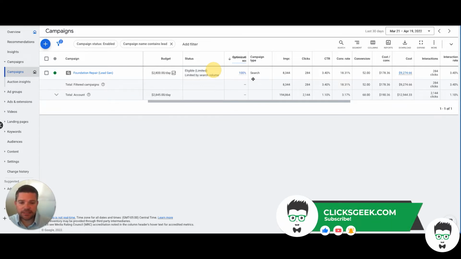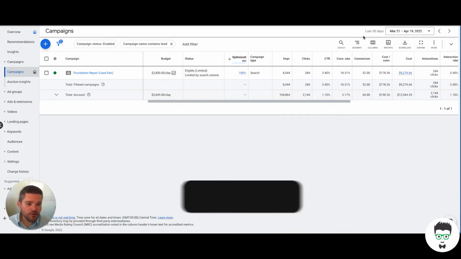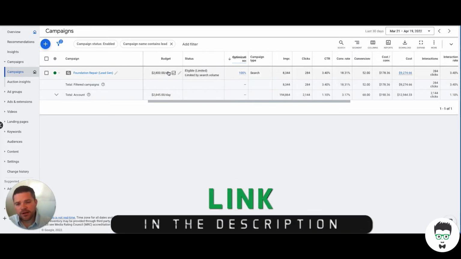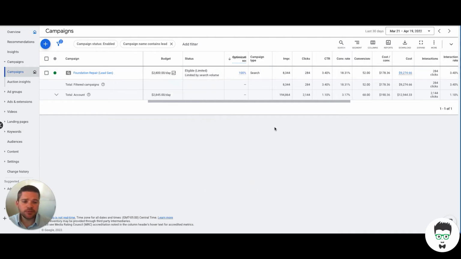So let's dive into this campaign. We're going to review a 30-day window on this campaign. Our daily budget on this campaign is $2,800 specifically. In this 30-day window, we've driven 284 clicks. The conversion rate is 18.31%, not too bad. 52 conversions have been driven, and then a